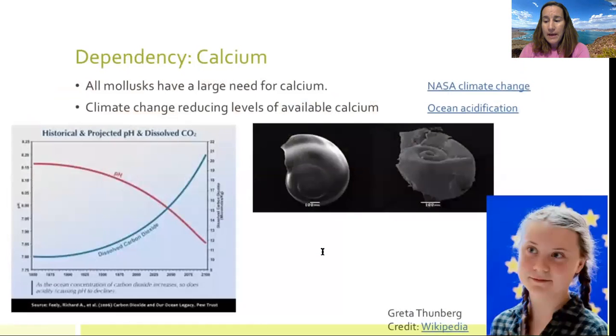We said that mollusks' common ancestor, the common trait, was shells. Everybody had a shell. Not all of their modern day equivalents have shells, but most of these guys do have shells. So part of creating the shell is calcium carbonate, which is needed for the shell. And we are running low on that if we're talking about marine situations, because